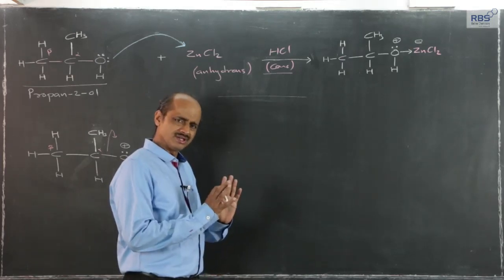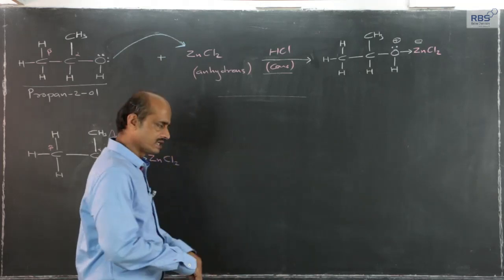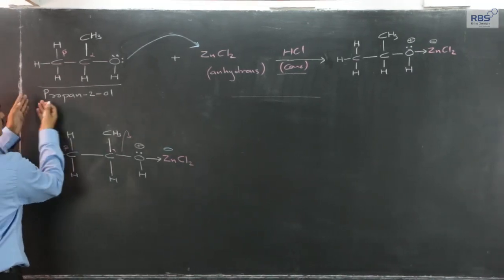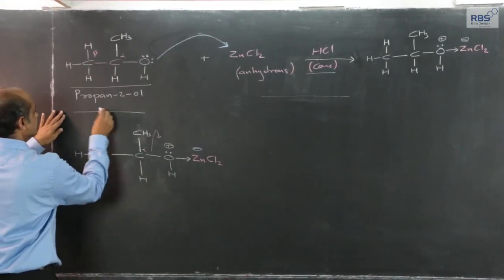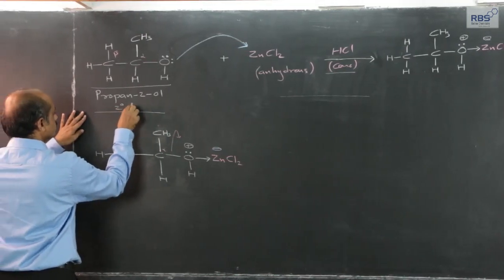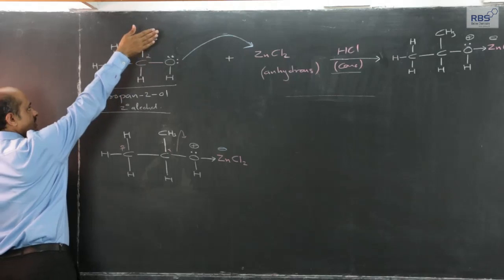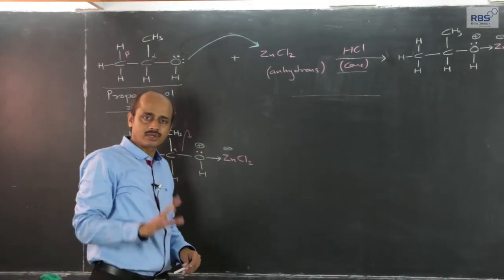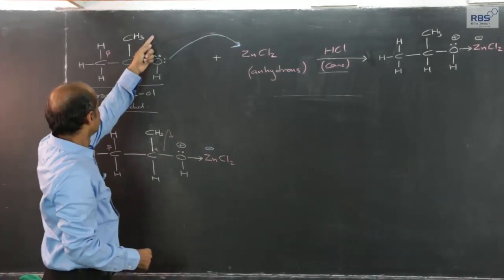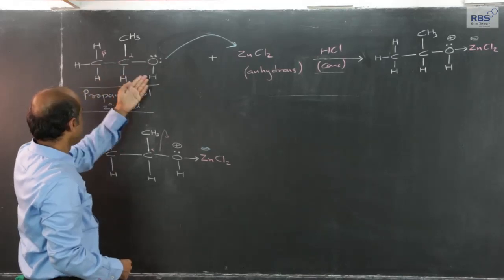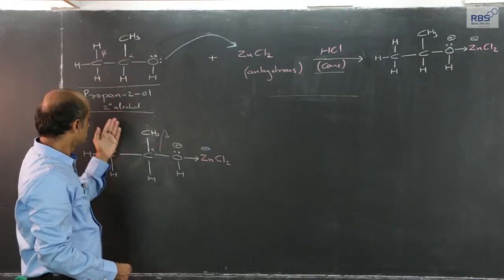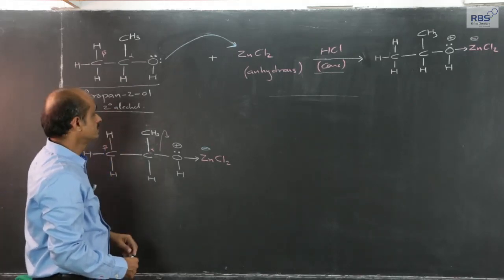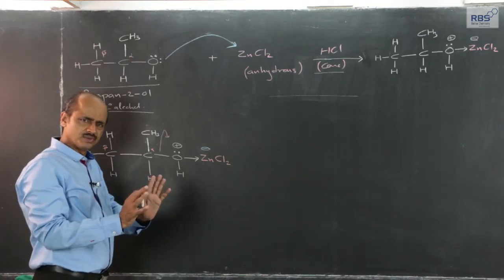Now, broadly the same, but instead of ethyl alcohol, if we take the example of isopropyl alcohol, propan-2-ol, this is an example of a secondary alcohol. Earlier it was ethyl alcohol. If this were a hydrogen atom, it becomes ethyl alcohol, which was an example of a primary alcohol. Here methyl is present, so this becomes 1, 2, 3, propan-2-ol, isopropyl alcohol, a secondary alcohol. Now, because of this, what will happen? Broadly, the steps are similar.